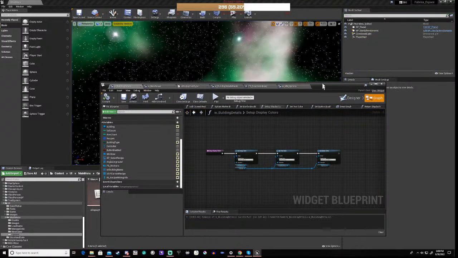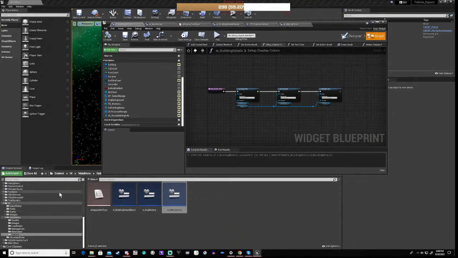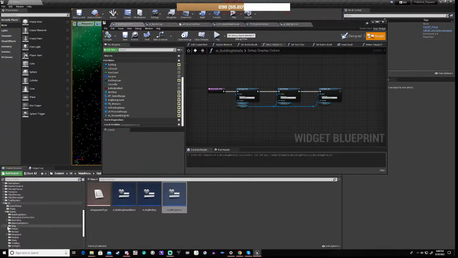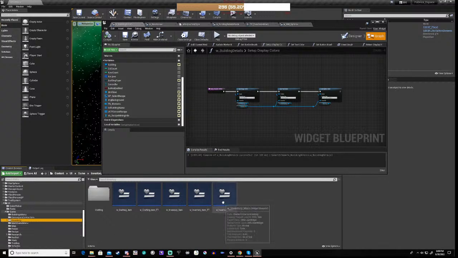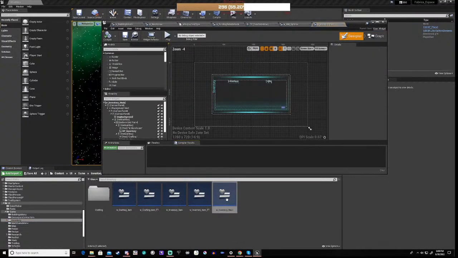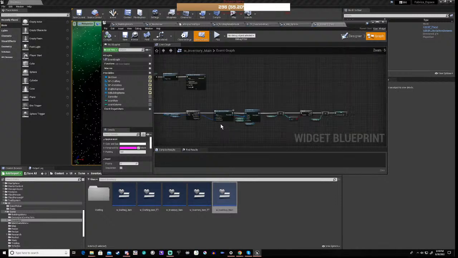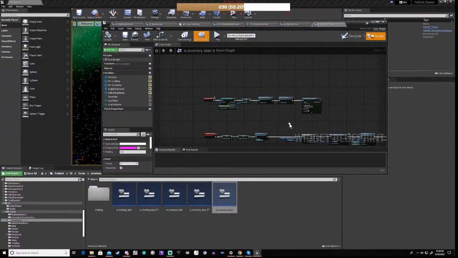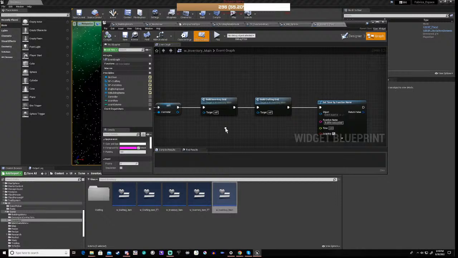So if we stop that and then we go to our game, then inventory, and then we go to our inventory main, here we go, right? We can go to graph, and then on our event construct,